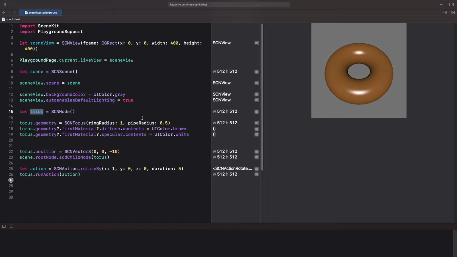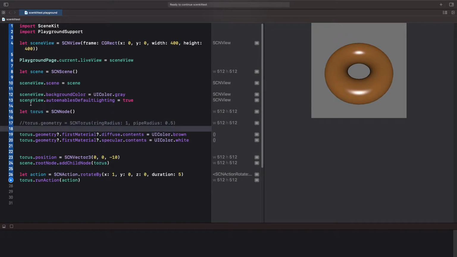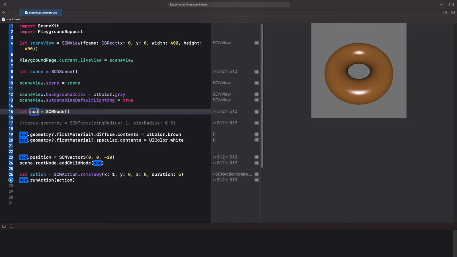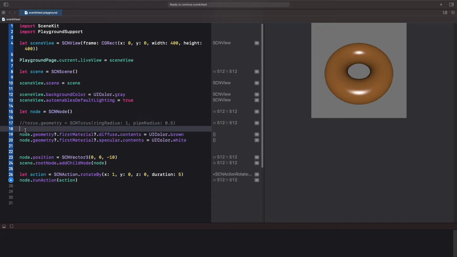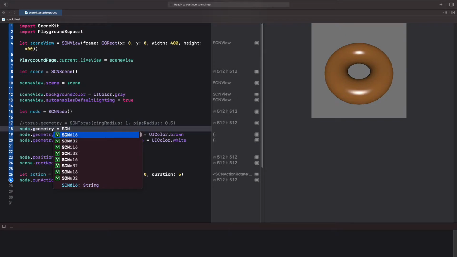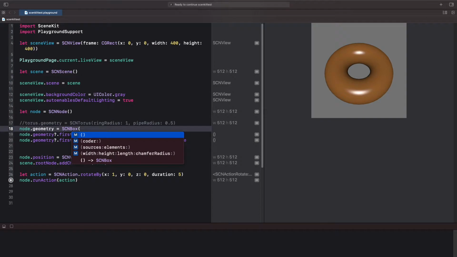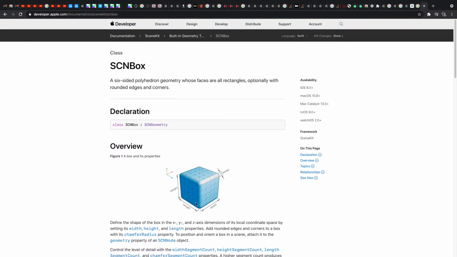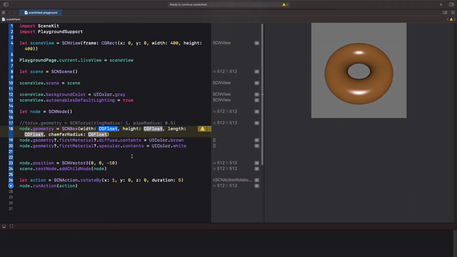Okay, so in this node, instead of torus, let us rename this into node. Okay, so let us add a new node geometry. So the geometry type is SCNBox. So when we have that, we have those similar options that we saw here: height, length, width, and chamfer. Those options are available. So let us have the value as 1, 1, 1, and I don't want any chamfer